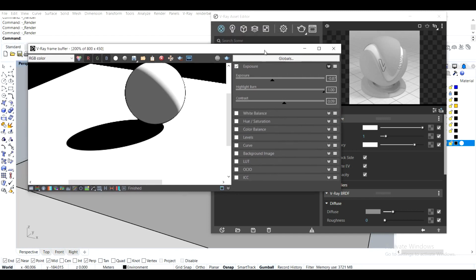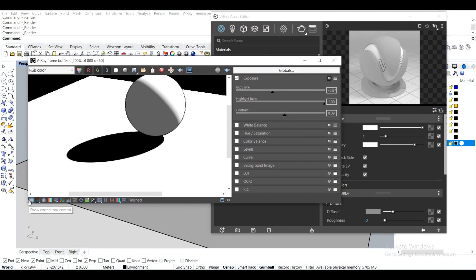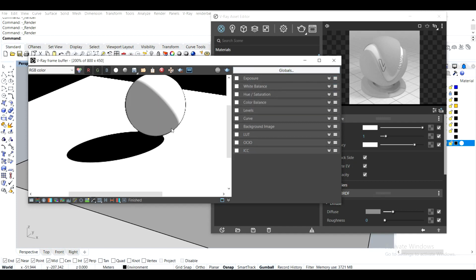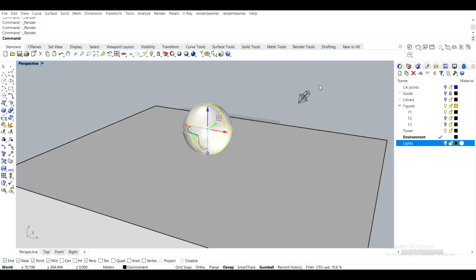But in exposure rollout, which you can access through show corrections control here in the bottom left corner, and then exposure, I can change the exposure values, and also I can play around with the contrast, right? So I can increase the contrast or decrease it. So I do have a little bit of play here, but not too much, right? We'll see how this pans out. For now, I'll turn it off. Okay, enough with the sphere. That's boring. Let's actually move on to